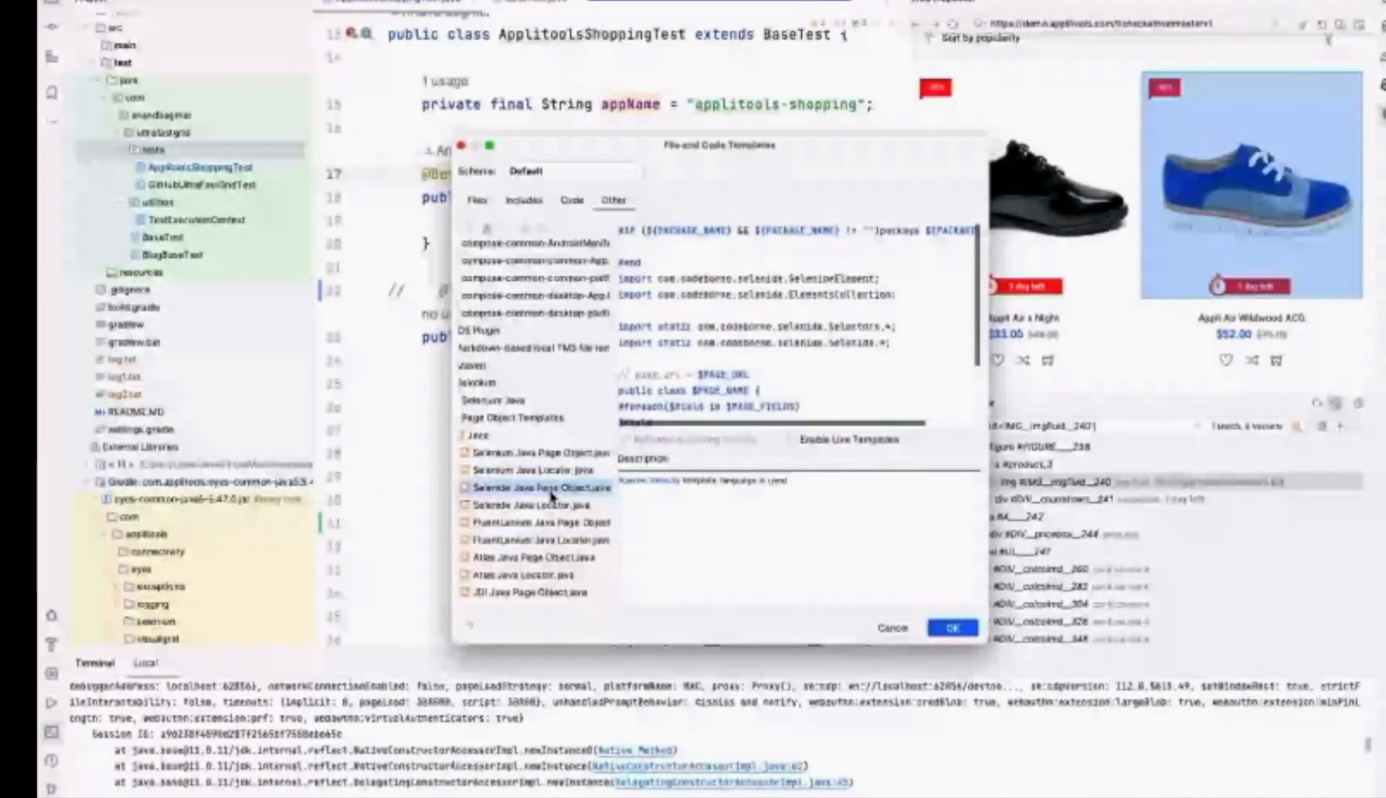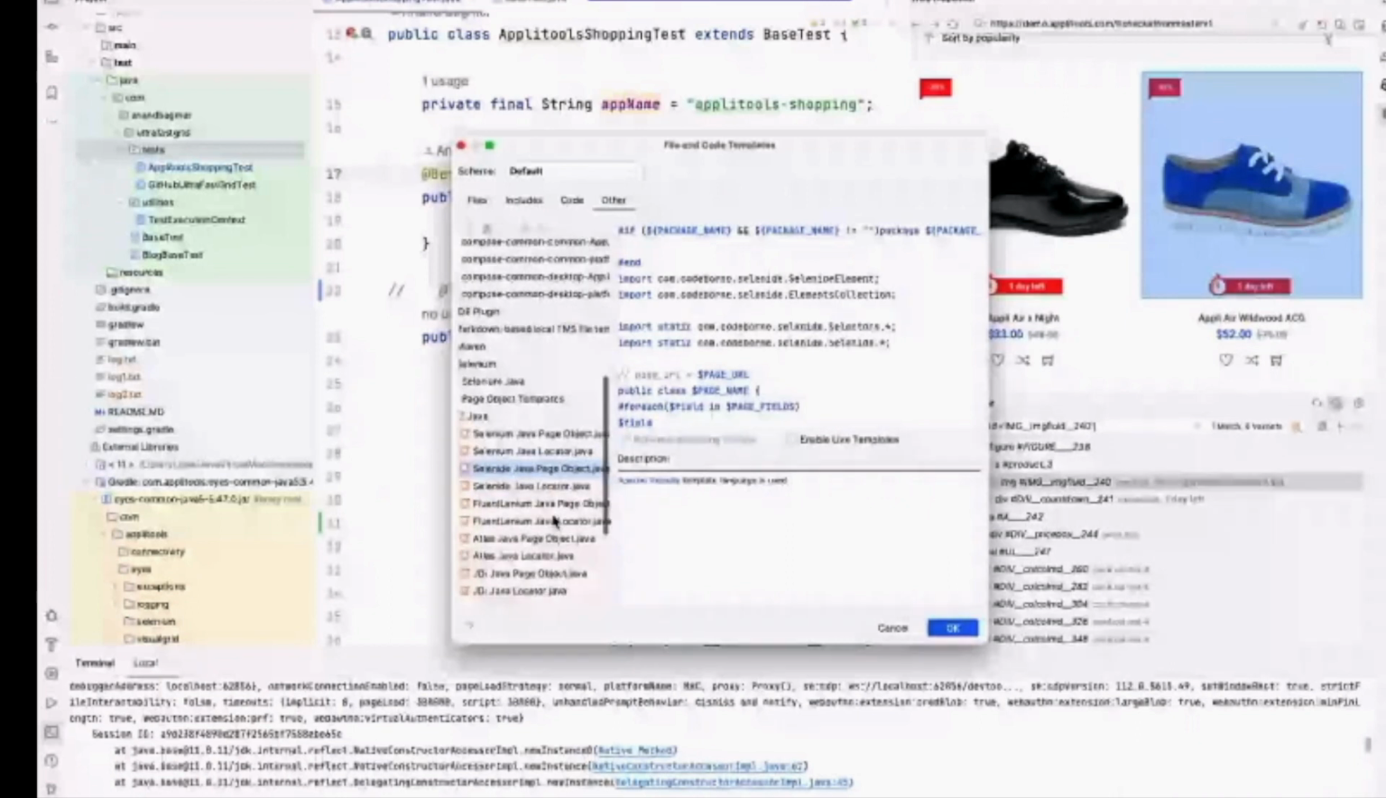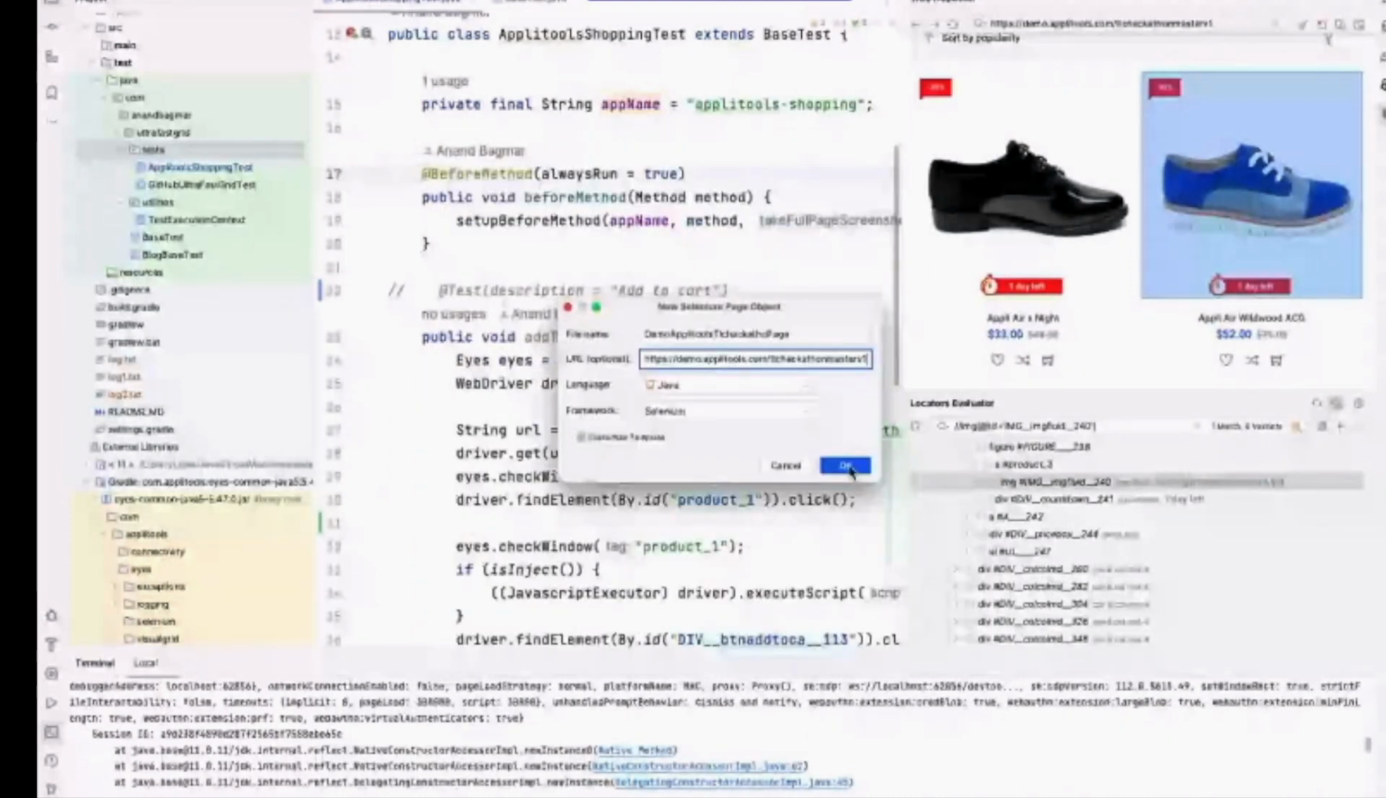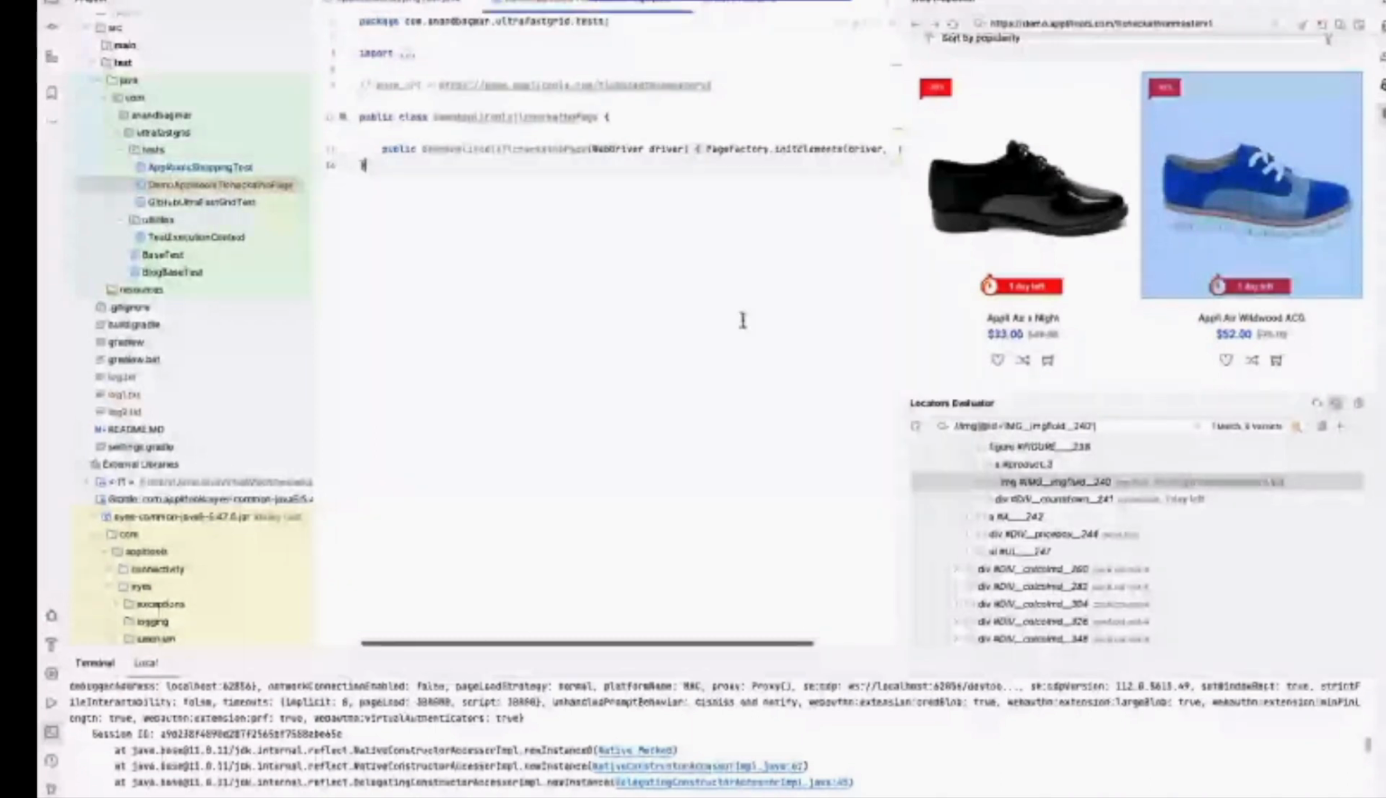Okay. So you have Selenium, Selenide, Fluent Selenium, Atlas, JDI, and various others. So let's say I use a Java page object. I create that. Okay. Do not add it to Git. And it has created that page automatically for me. So boilerplate code is